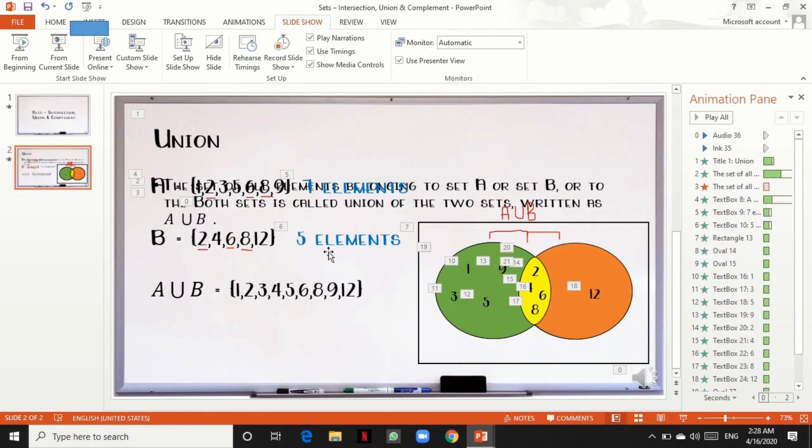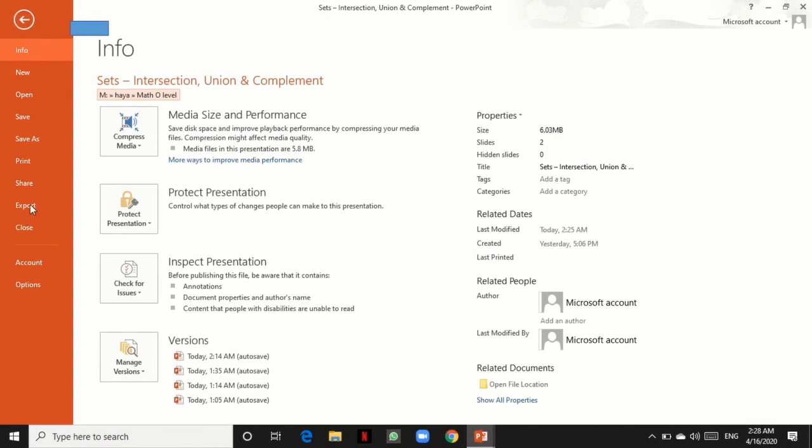Now what we are going to do, we are going to convert this lecture into video. As you know, PowerPoint can't be shared with students. Students are going to mess with it. Students are not going to use it. So how to convert your presentation into video? It's very easy. Simply click on File, click on Export,